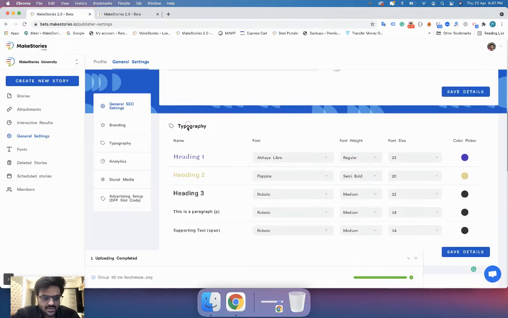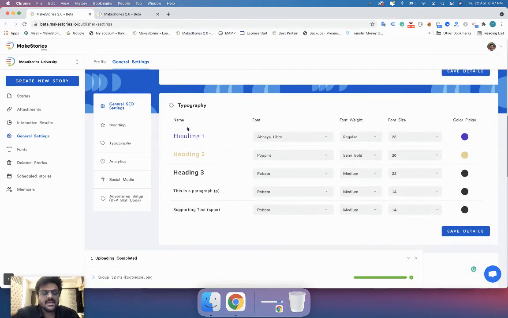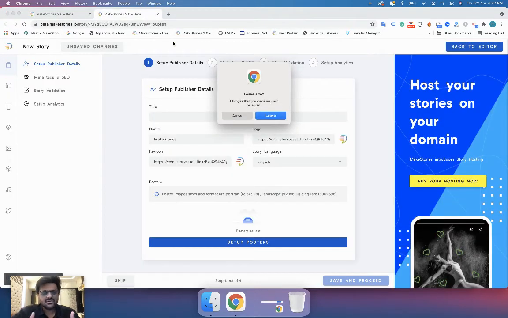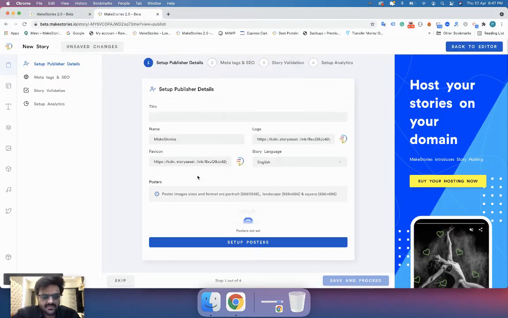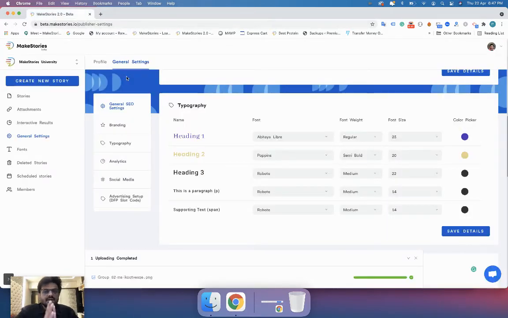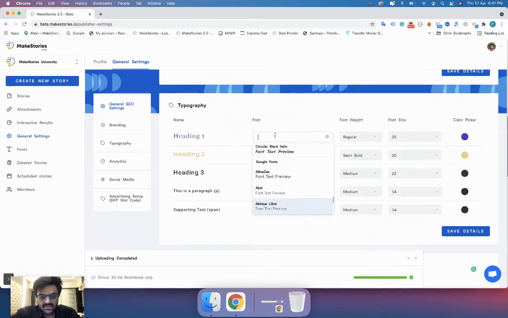Okay, so now the next option that we have is called the typography. If you see big publishers, most of the people do have the typography set up. They have a guideline where you have your heading in a certain format, with a certain color. Then your heading 2 might be a different font, and your paragraph text might be a different font. So you can set this up over here, so you don't have to keep on doing the typography formatting every time you add a new text.